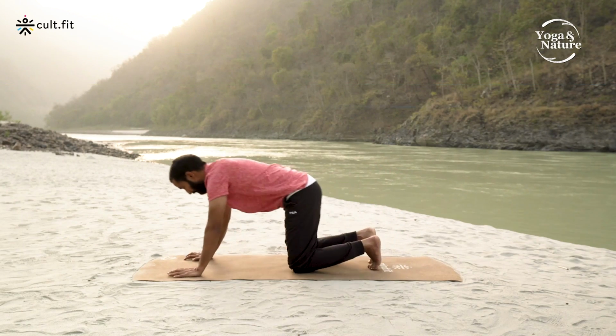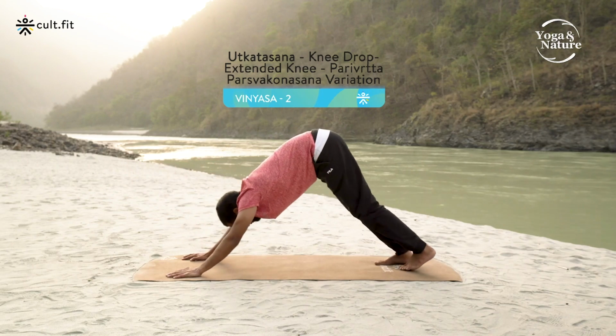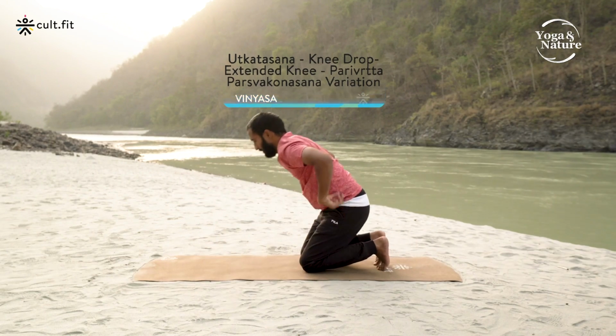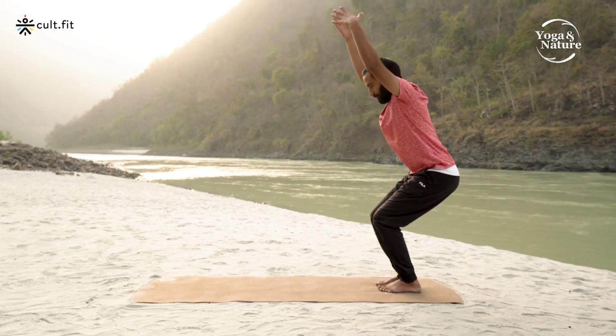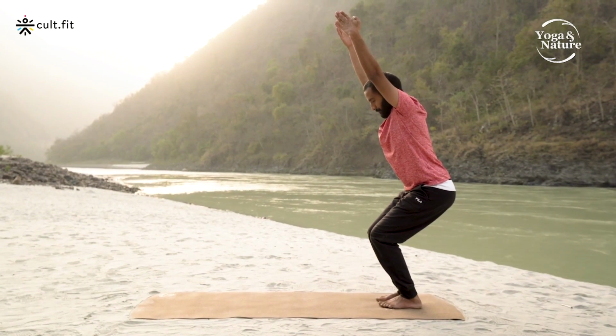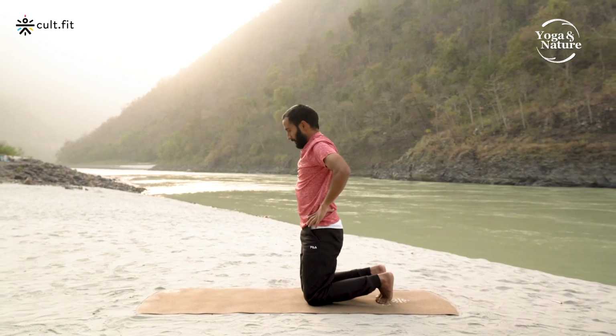So we start off with Adho Mukha and a quick Vinyasa there. Post that, we drop the knees down, we come back up fully, and we lift the knees up. Utkatasana we do, and then we drop the knees, bend the knees, drop the knees down, keep the palms here